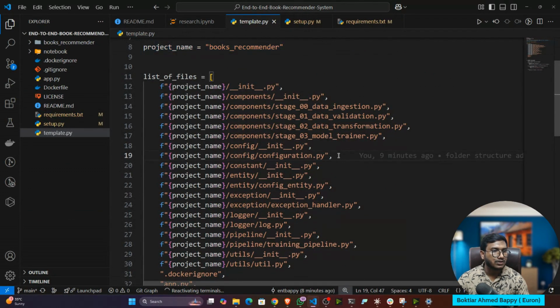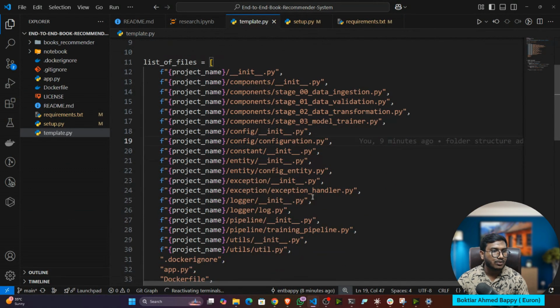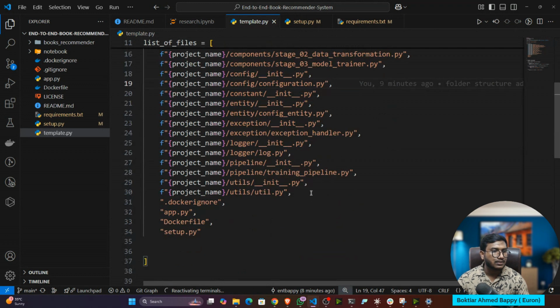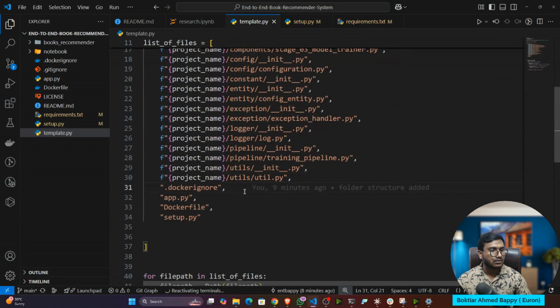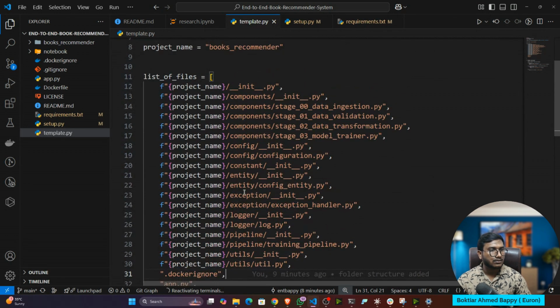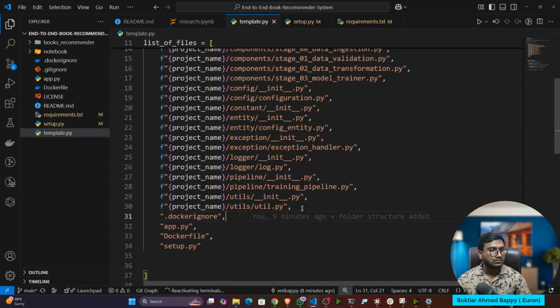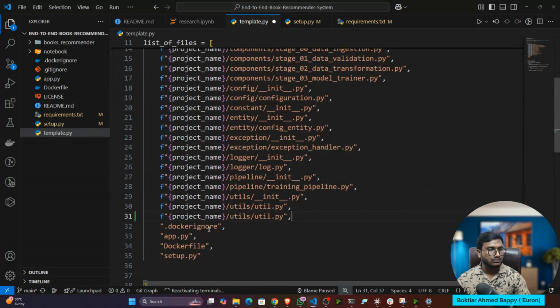The config configuration.py is fine, but outside, I need a config folder, and inside that I need one YAML file, config.yaml.